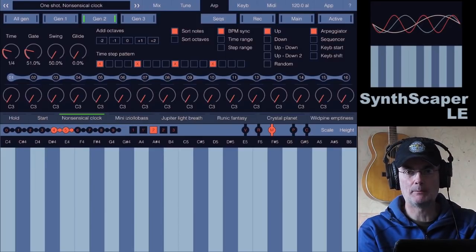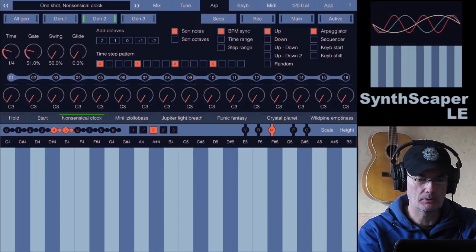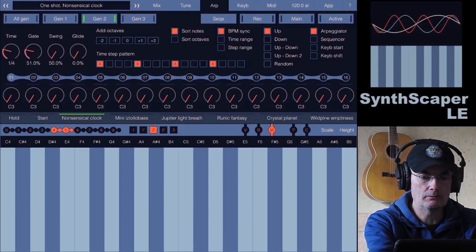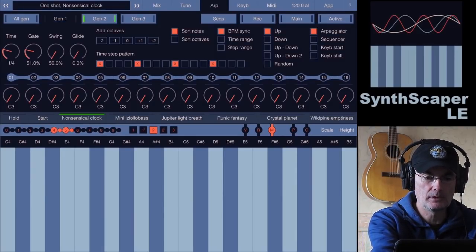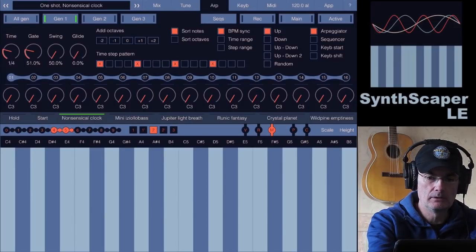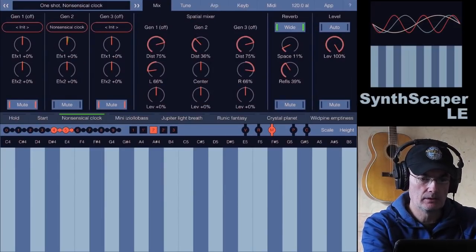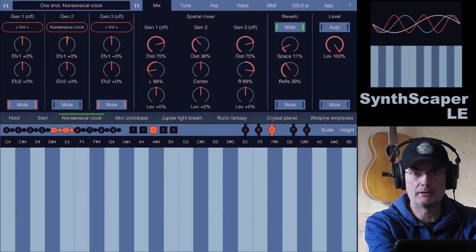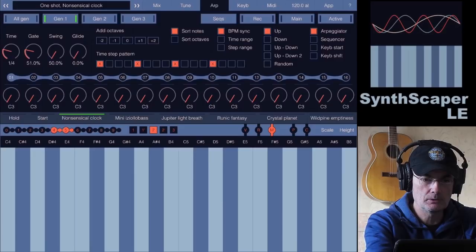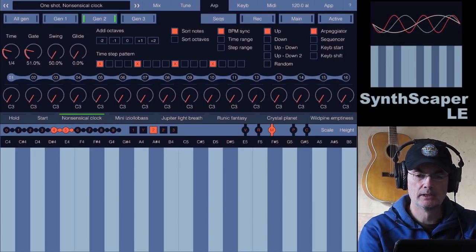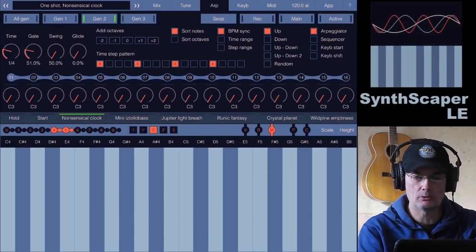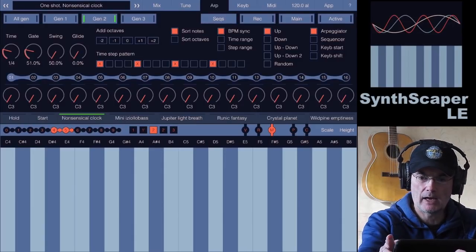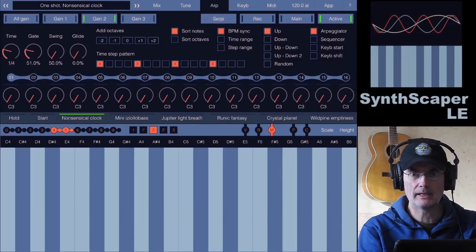So this is two things. It's an arpeggiator and it's a sequencer. If we look at the arpeggiator first, again, don't forget this is three different arpeggiators / sequencers for the generators. This preset is a single generator preset, so we're looking at generator 2. So we select generator 2, that's what we're looking at. You've got arpeggiator set by default, we've got up as the direction. So what should happen, and we need to put active. So if I play a single note,